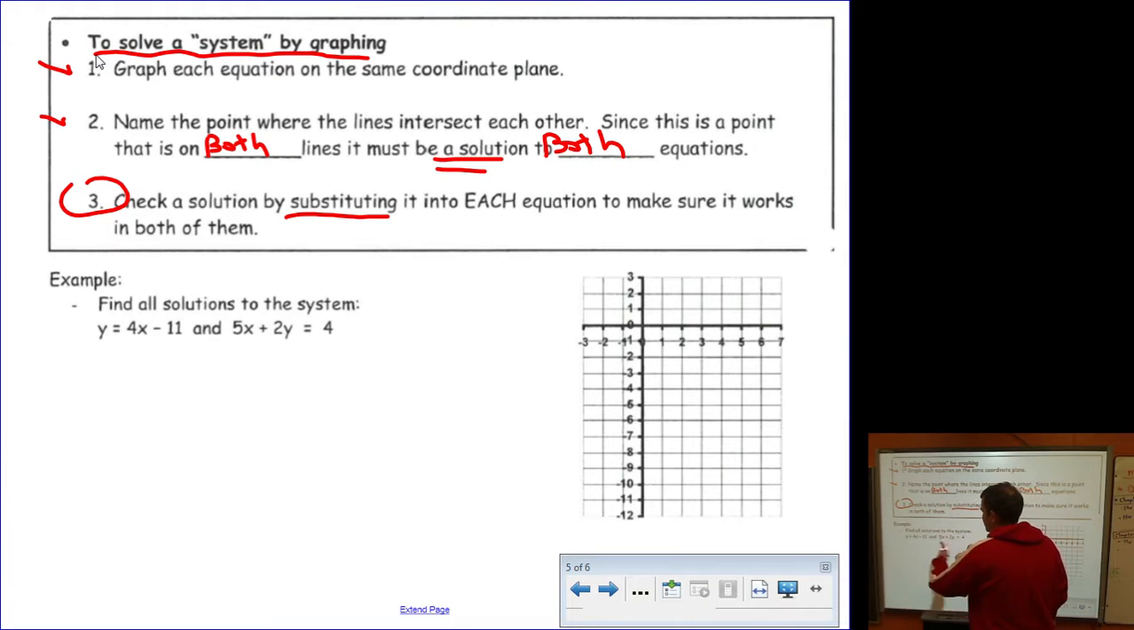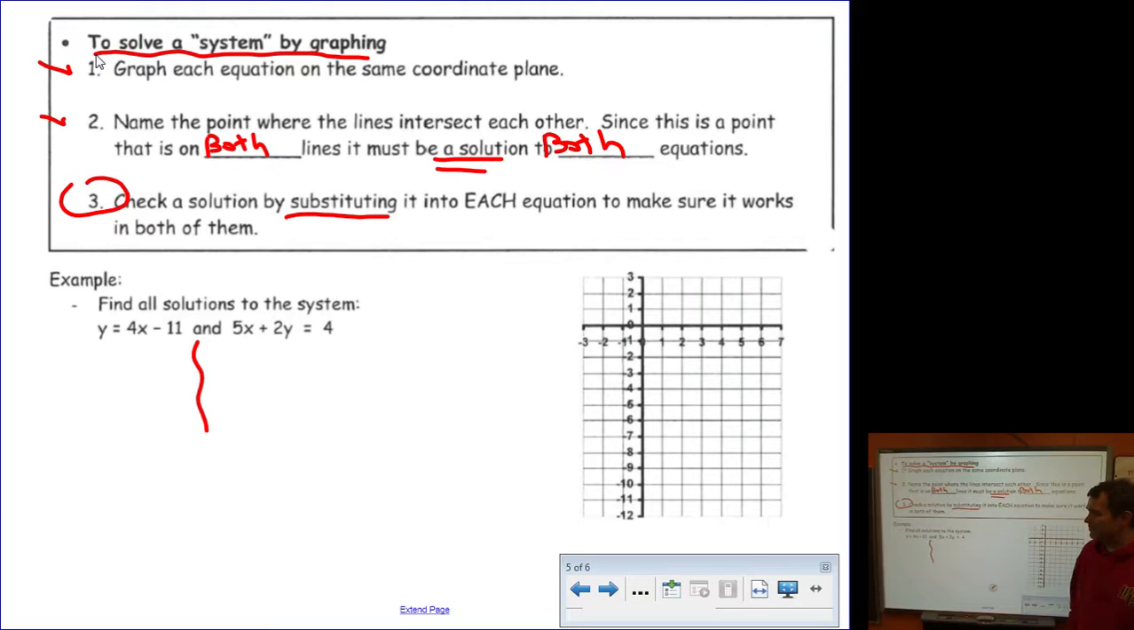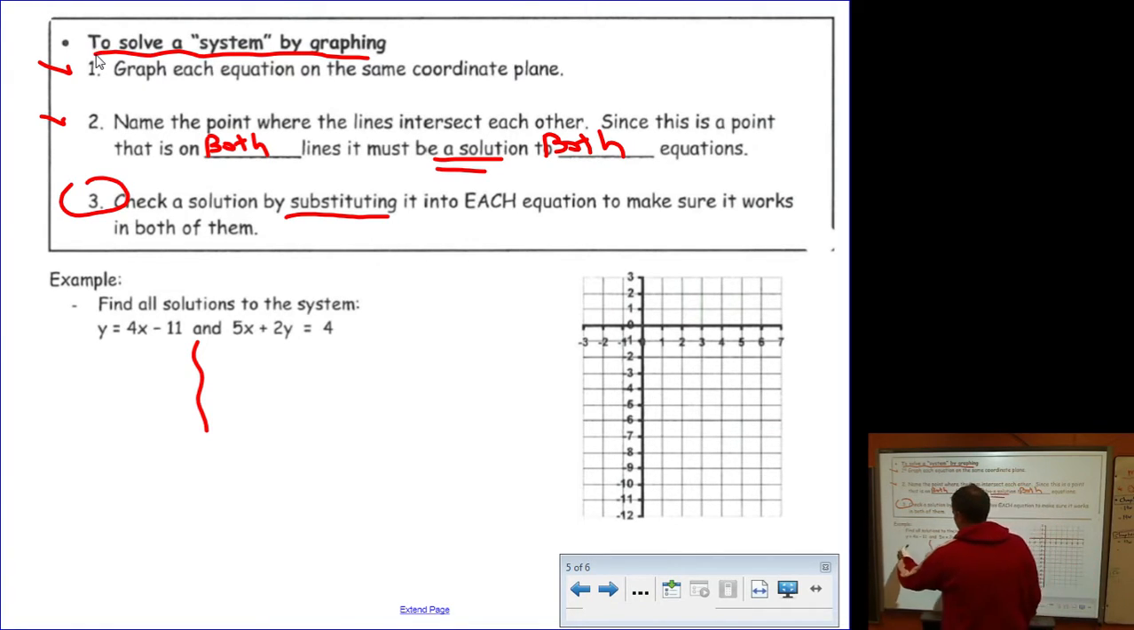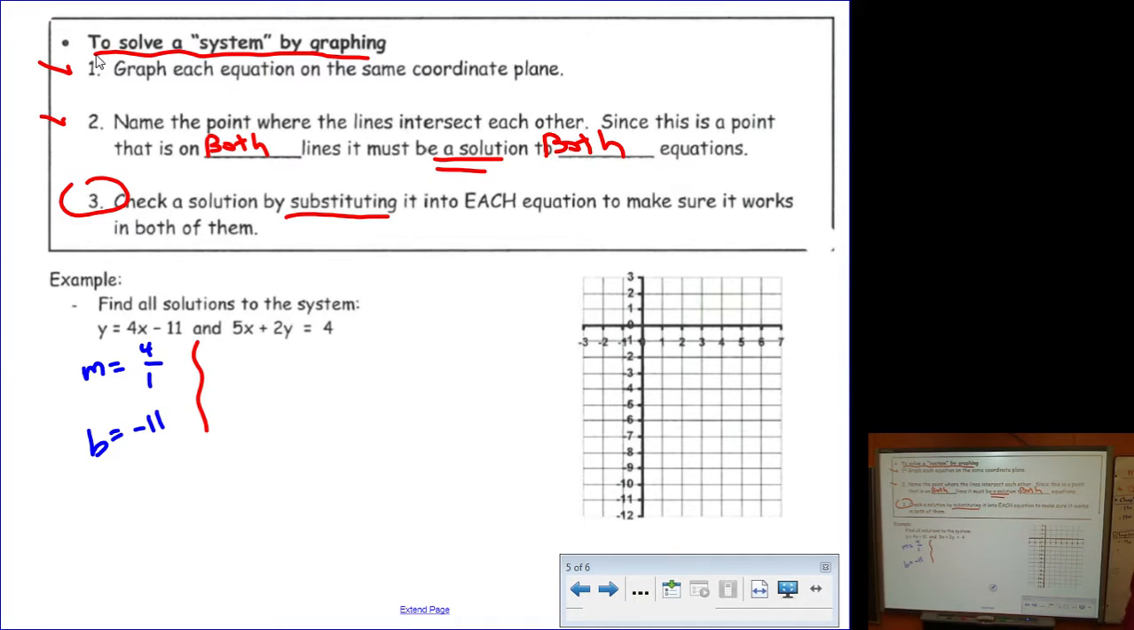Here I have 2 equations. I'm looking for an ordered pair that is a solution to both. So I'm going to do this by graphing. The first equation is nicely already in slope-intercept form. The slope of this line is 4. The y-intercept is negative 11. So I would graph it by putting a dot at